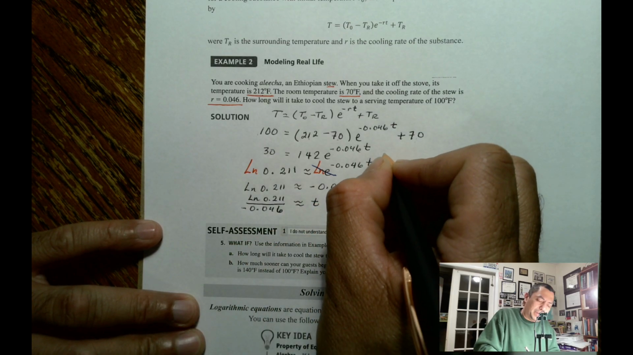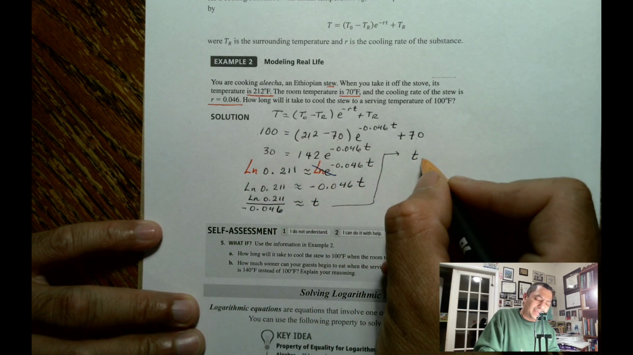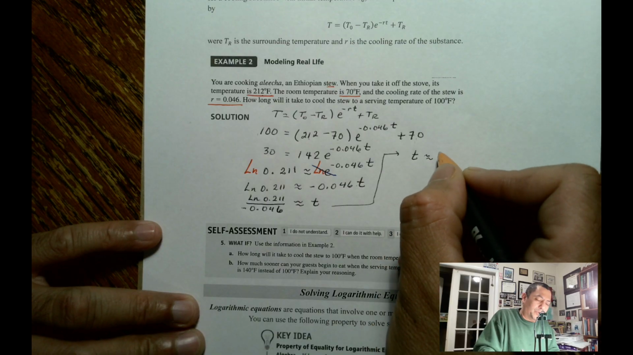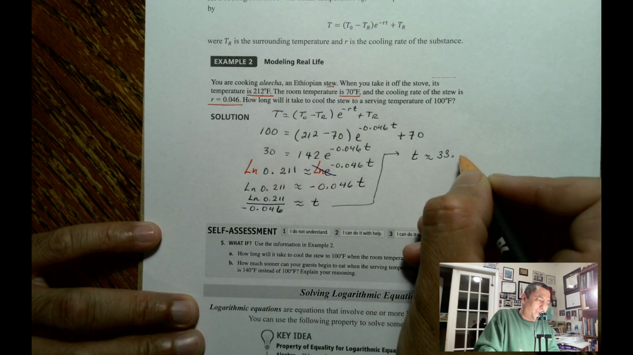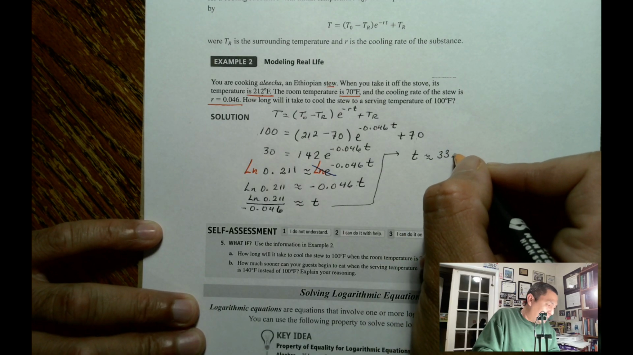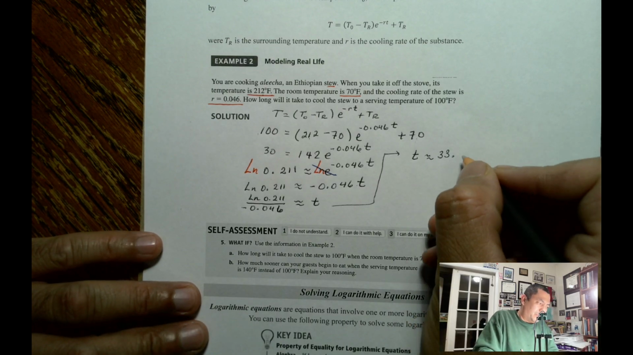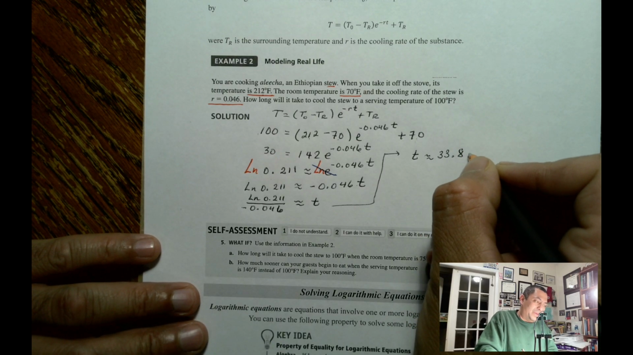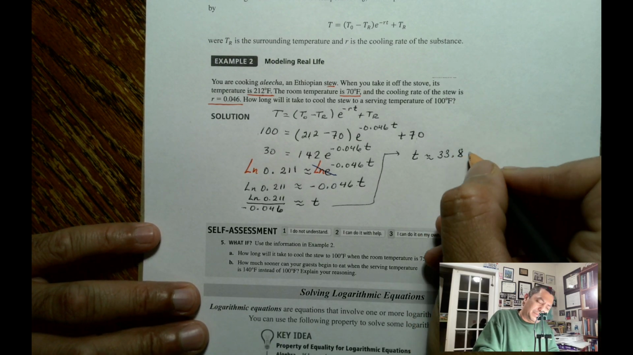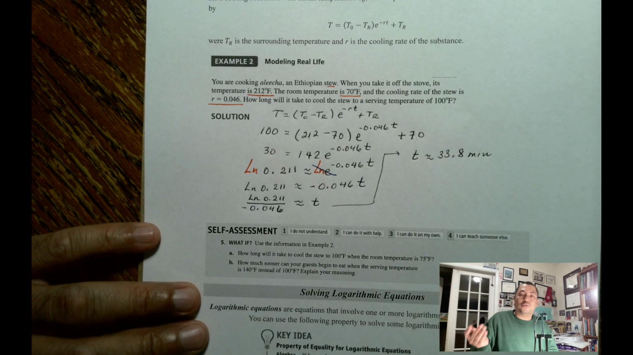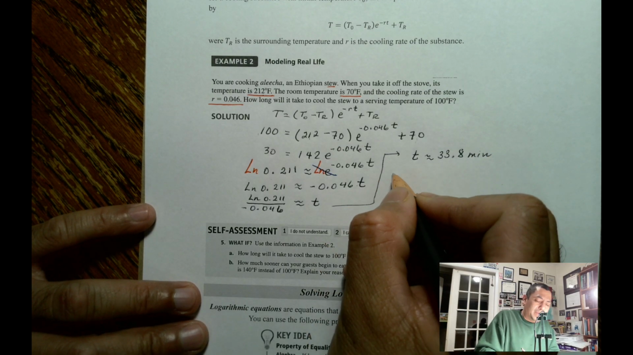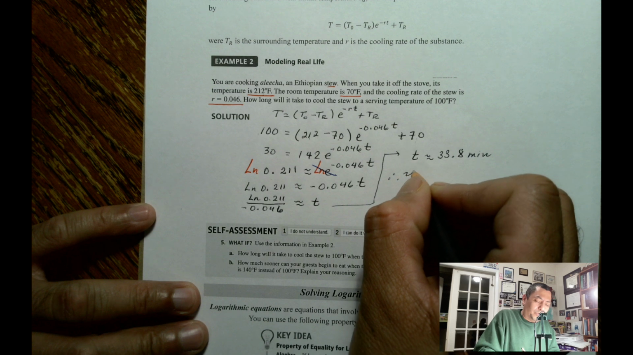I'm going to continue here. So t is approximately equal to, if I use the calculator, 33.8. And this one is minutes. So what is my solution? This is an application problem. Therefore, you should